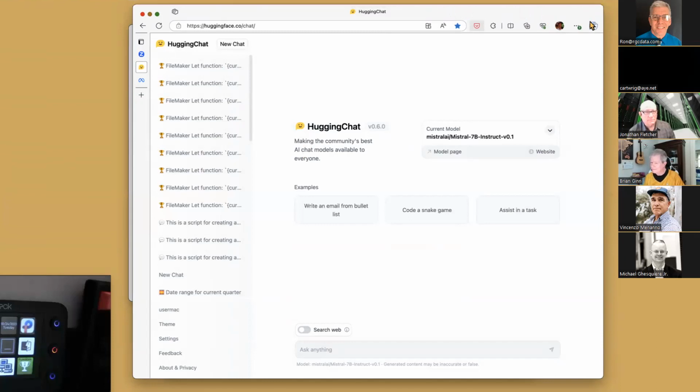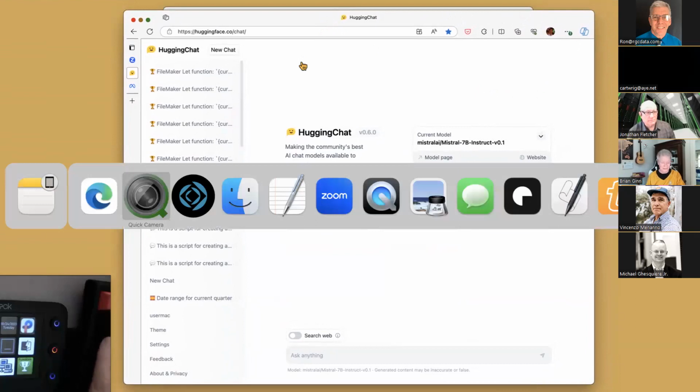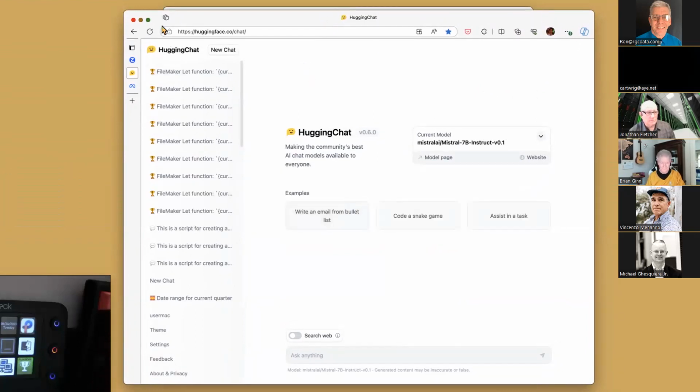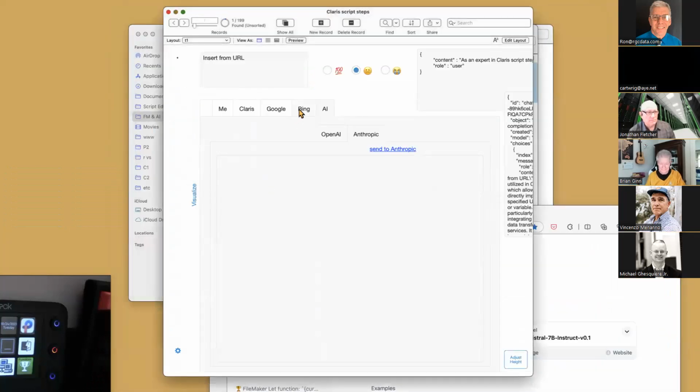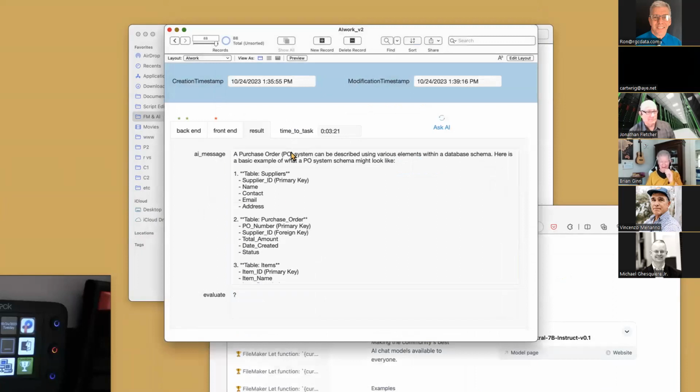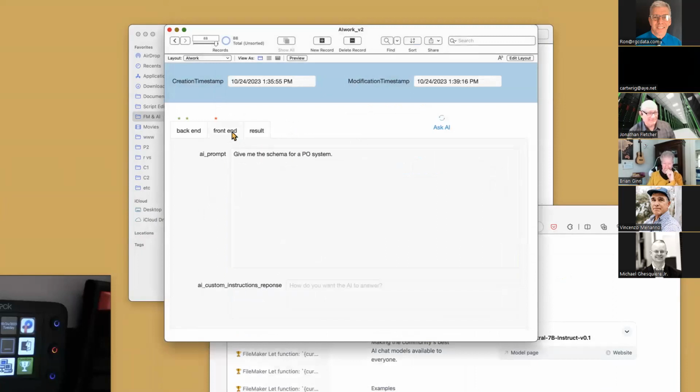Don't stop yet. I was wondering if maybe we could do some more examples. Oh, sure. I'm curious about what happens as it gets more complex, like with while functions and things like that. Oh, and me too. Look, I've got to tell y'all, I just got this going Saturday. So I'm as excited as you are because I want to do this too. I do not know how far it will go.